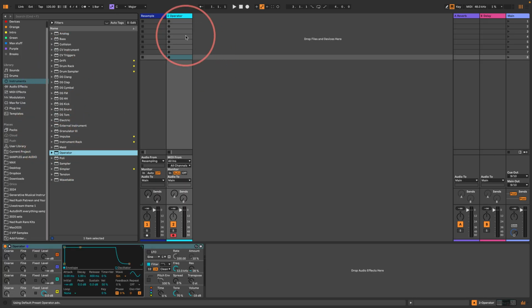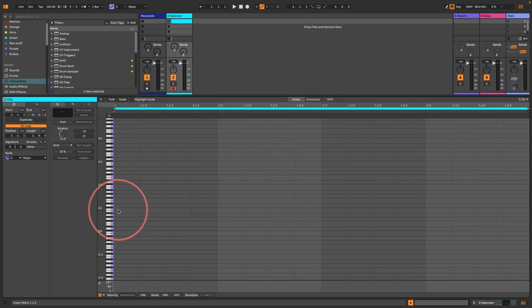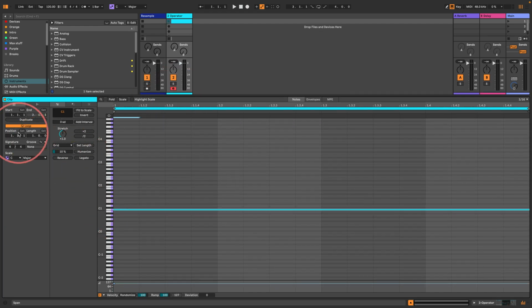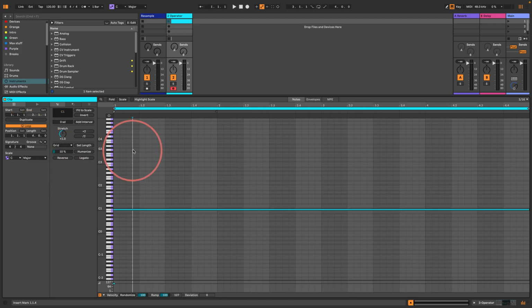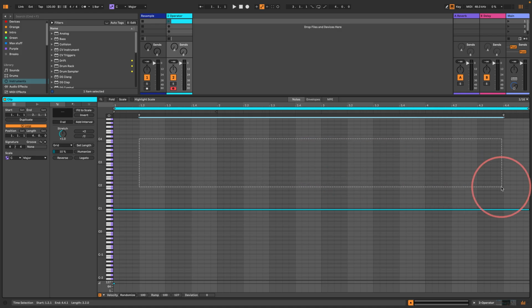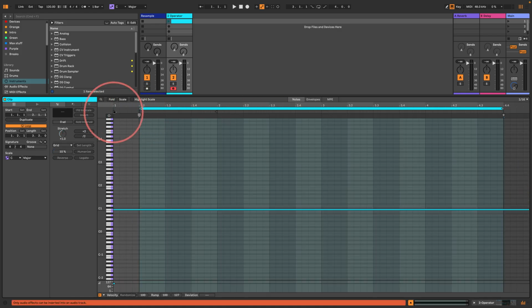I'm going to start with Operator. I'm going to get Operator in here. I'm going to start with a kind of kick drum type thing. So I'm going to make a note here. I'm just going to draw in a C1. I'm going to hit legato. I might make that a little bit longer. Let's make this 4 bars long. Let's hit legato. And then I'm going to click and drag here and do loop. So now when I play this from here, it'll go to here and then loop all the way around. Let's have a listen to that. Right, nice, deep